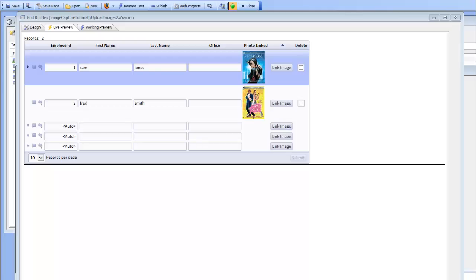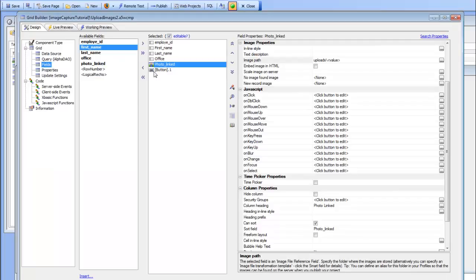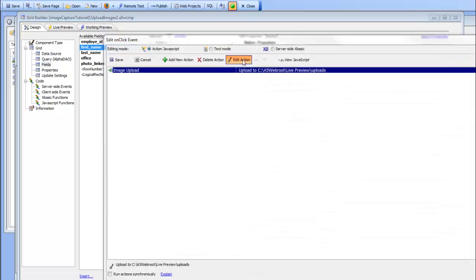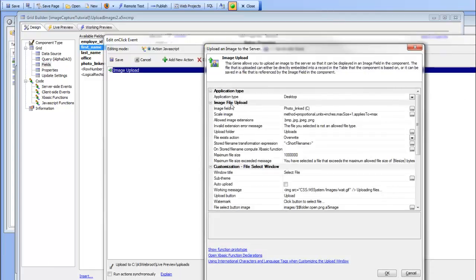In this video, we're going to discuss image upload in a grid component where the target field that you're uploading to is a character field, not a binary field. So you can see that we have a grid here with an image field, and if we go look at the button that does the upload, we can see that the button is uploading to a character field called photo_linked,